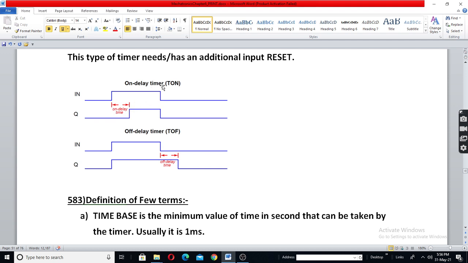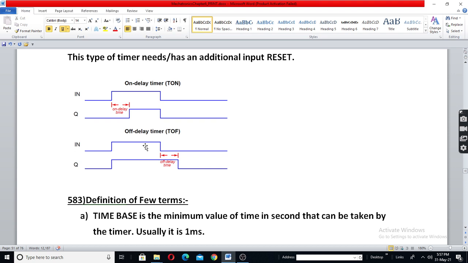Then when the input becomes 0, output also will become 0. Means delay is provided during turning on. Turning off operation follows the input. That means when the input becomes off, output also becomes off. That's all. We will give the example of each later.